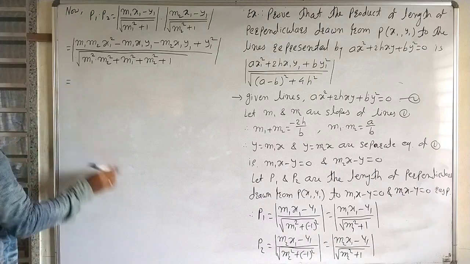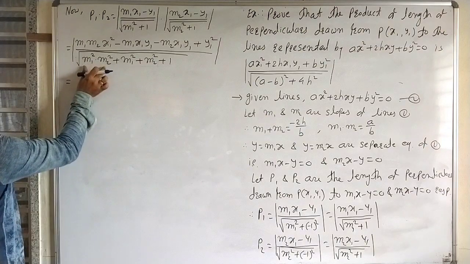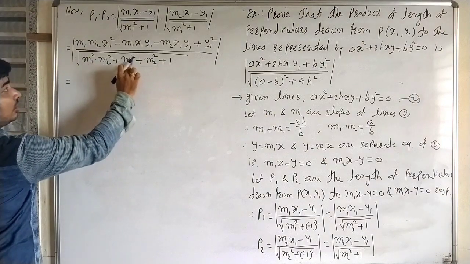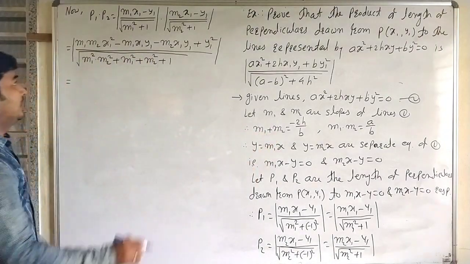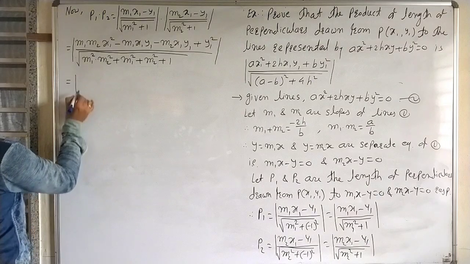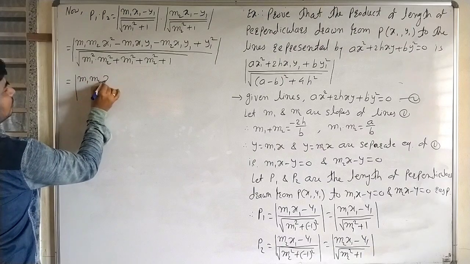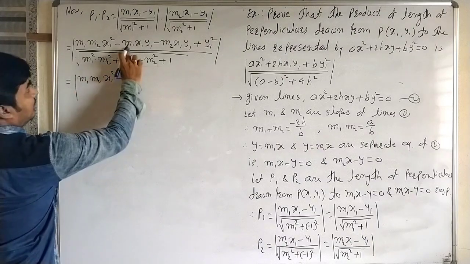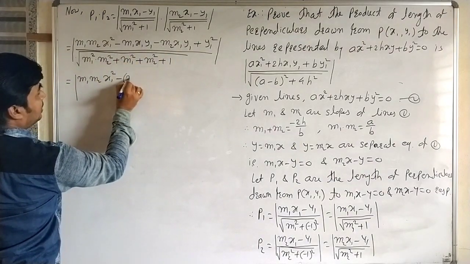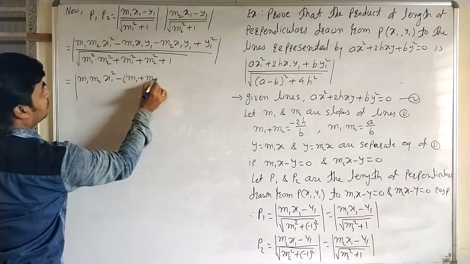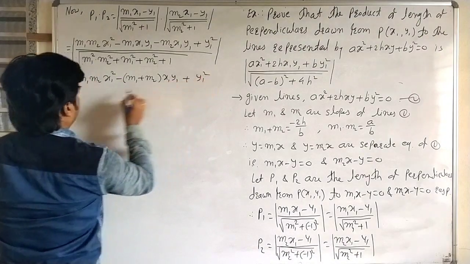Now we know the values of m1 plus m2 and m1 into m2. Here m1 m2 whole square is a square by b square, but here m1 square plus m2 square, but we know only m1 plus m2. Now see carefully, m1 into m2 x1 square minus, here take x1 y1 common, therefore minus x1 y1 into m1 plus m2, plus y1 square, and whole to the upon,